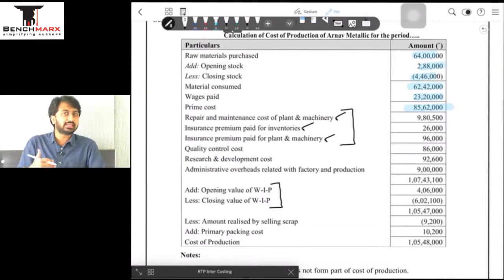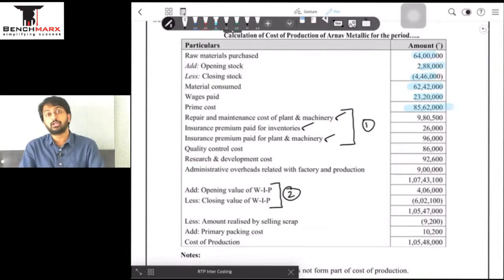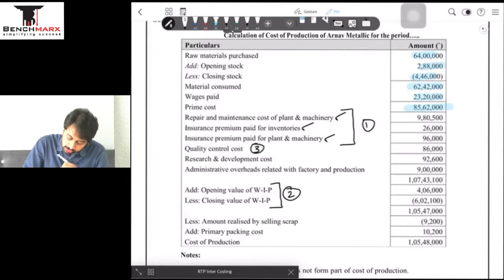Right. So this is what the ICAI has done, which is different from the normal format of the cost sheet, but we will stick to the format of the cost sheet which we have learned from the study material. So after we do these three things, this is what we will do first. So after 862, we'll do this first. Then we will adjust opening and closing WIP to get my normal factory cost. After getting my normal factory cost, I will then add the quality cost. I will also then add the R&D costs. I will also add the admin cost production based, from which I will subtract the sale of scrap.